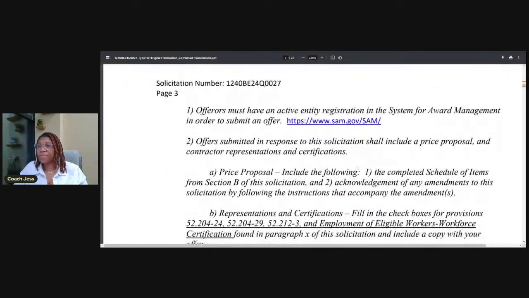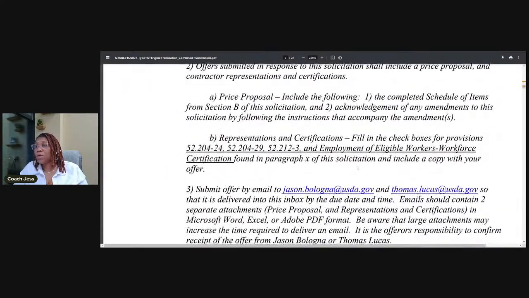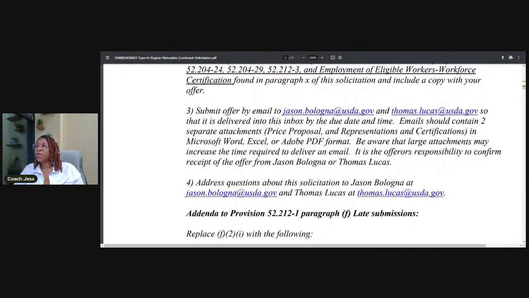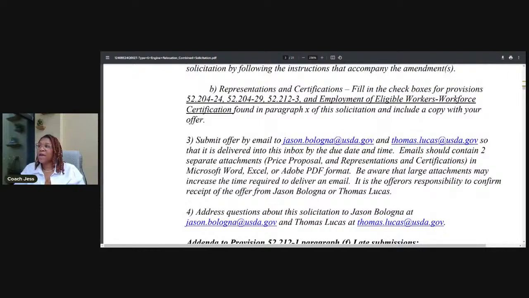All right, perfect. Okay, so after the price proposal document, you want to add in your reps and certs. It says on here, fill in the checkbox for provisions and include a copy. They actually have on here the ones that they want you to complete. So I would just go in, you could copy that, and